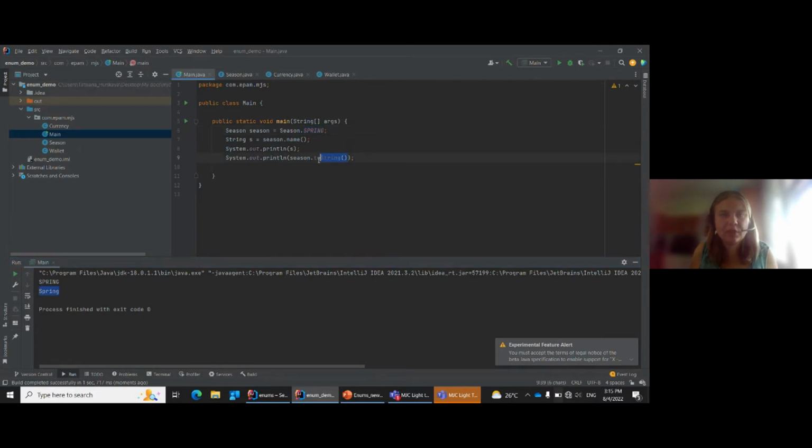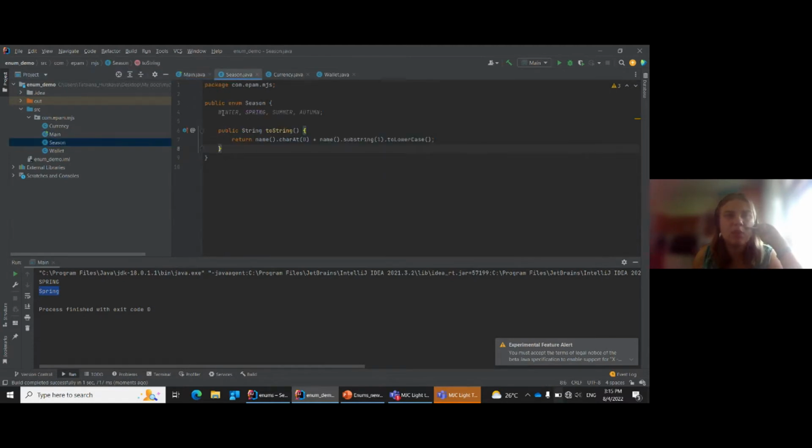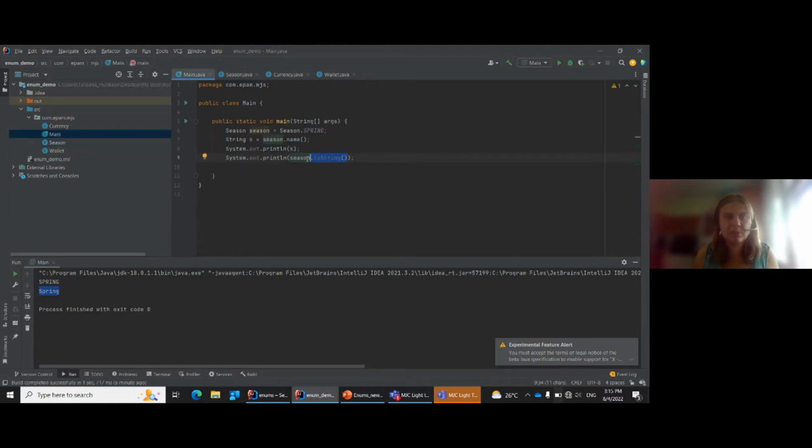What else can we do? We can compare different enums, and they will be compared based on the order we have in our class. Here we have ordered it in such a way. So let's try to compare some of the seasons. For example, we can compare